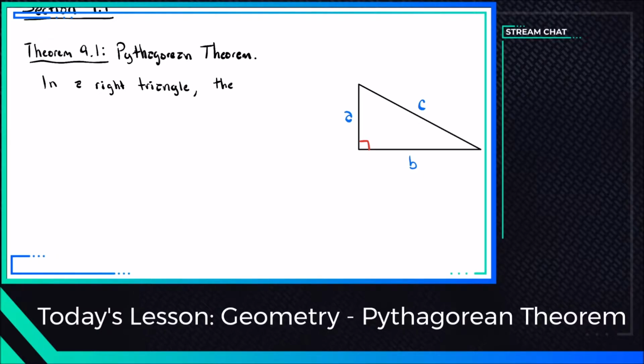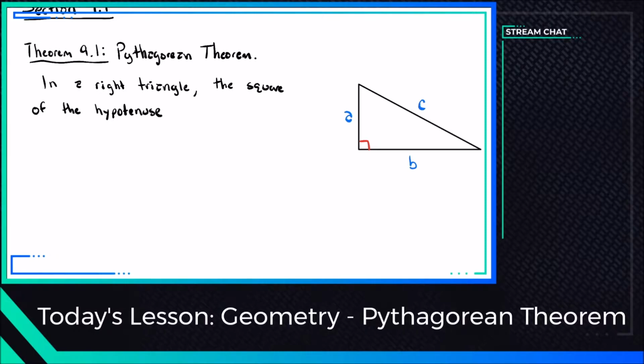So remember, the hypotenuse is the longest leg of a right triangle. So in a right triangle, the square of the hypotenuse, and the hypotenuse is going to be this side C right there,